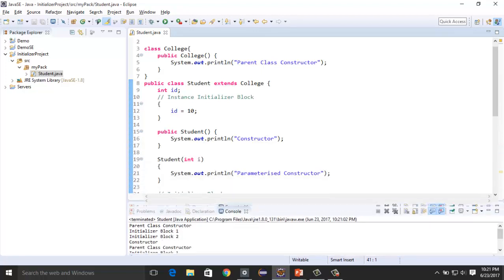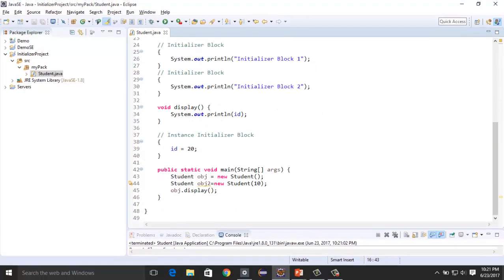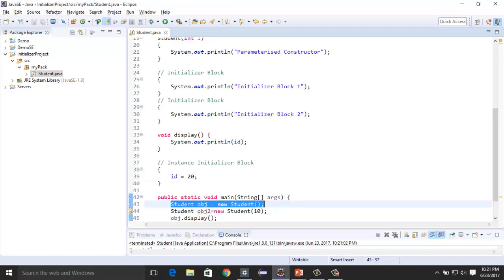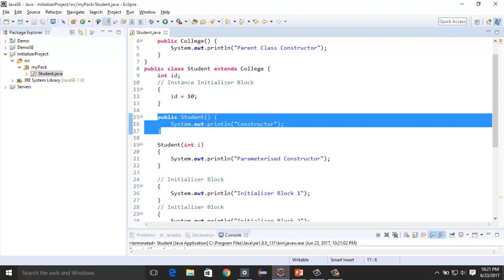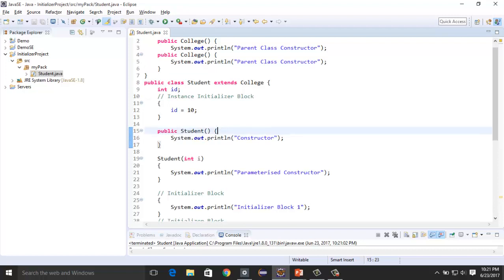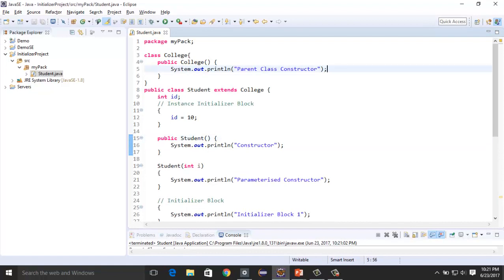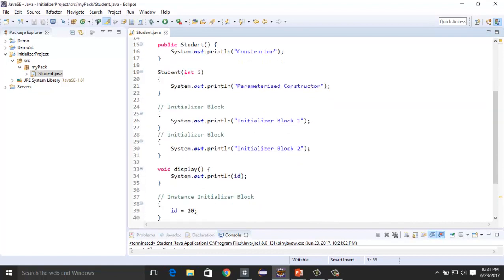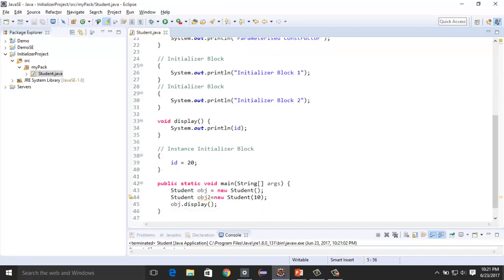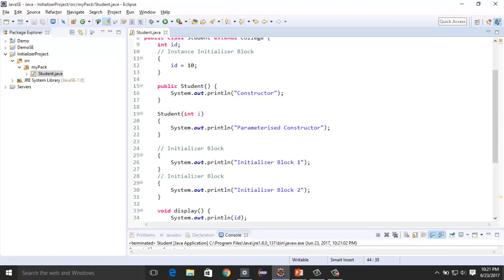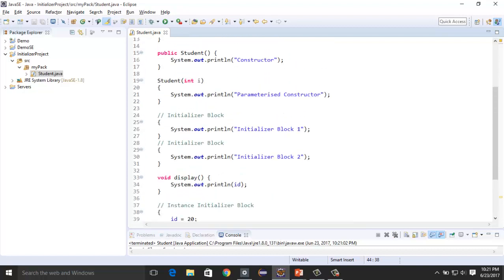So what actually is happening in this program is that first when we are invoking this object, it's calling this constructor which is the default constructor, and here the parent class constructor also gets invoked, and after the parent class constructor each initializer block gets invoked, and after that we called the parameterized constructor.